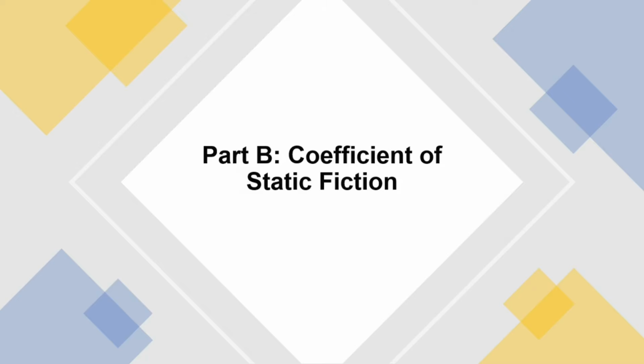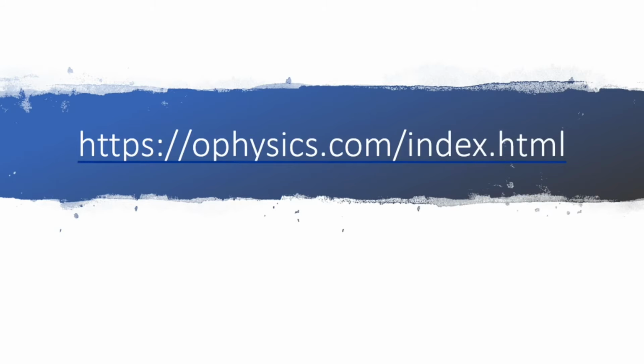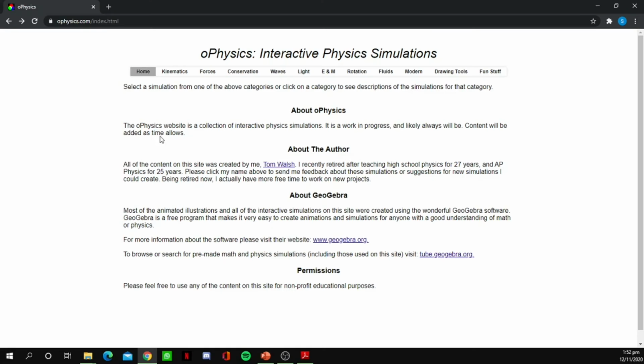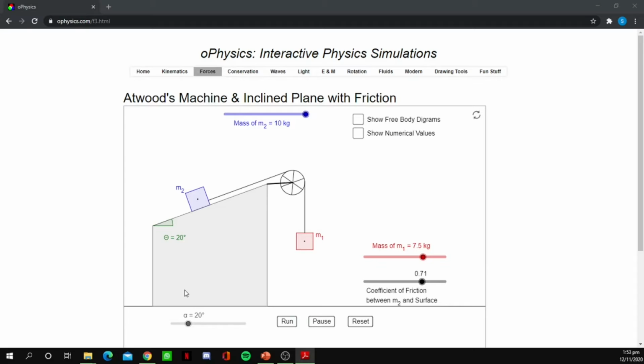Today I'm going to do part B, coefficient of static friction. First, we must click the link that was given in the procedure, this link. After you click the link, click on the force and choose inclined plane with friction, two masses and pulley. After that, set angle to 0